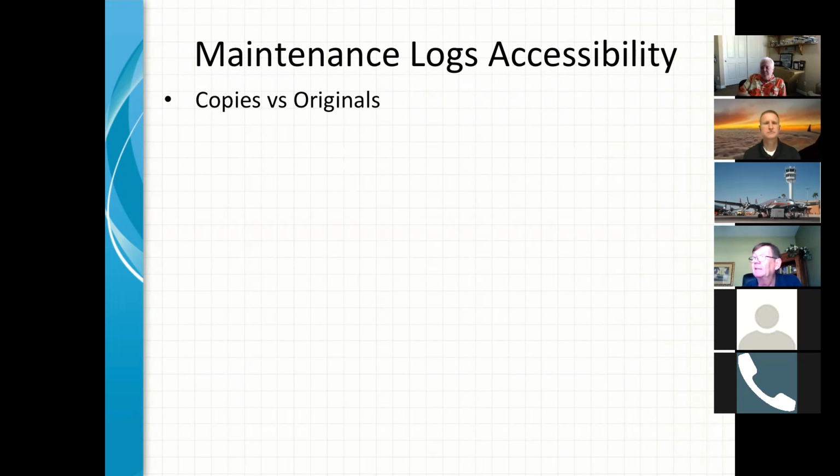It does say in 91 that maintenance records will be available for review by the administrator or authorized persons. So again, I think it's up to you if you want to accept them. I personally would not, unless there was a really good excuse, like, you know, we keep maintenance logs in Kansas City where we do our maintenance. I don't know.